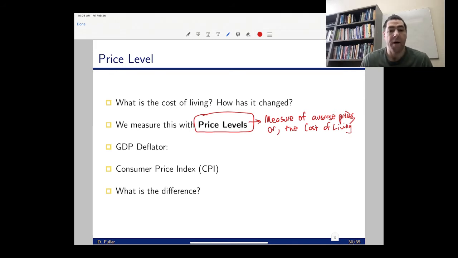Okay, so we have a couple of different ways that the price level is measured to measure average prices. One is referred to as the GDP deflator. Now, I have one